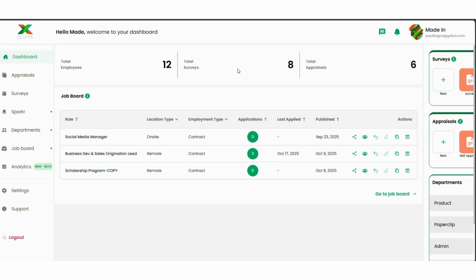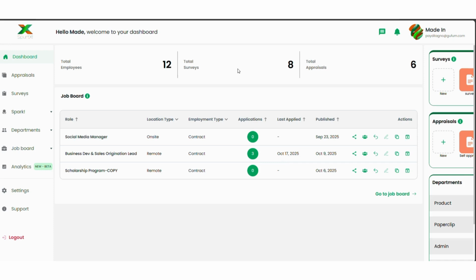In this video, we're going to be going through how to create an appraisal on Spur. So appraisals on Spur basically allow you to gain insight into your employee performance. It encourages peer-to-peer feedback. Employees could either appraise themselves, assess their performance within a specific period of time, or give you feedback about